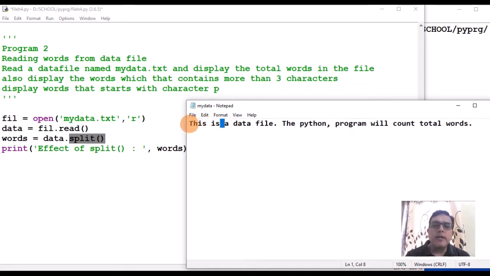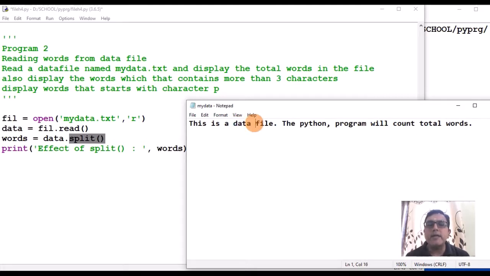So starting from the file, it will find the first space here, so from the first character till here it is treated as one word. Then between the next space and the following space, whatever characters are there will be treated as the second word. So "is" is a second word, "a" is a third word, because between two spaces there is only one character.